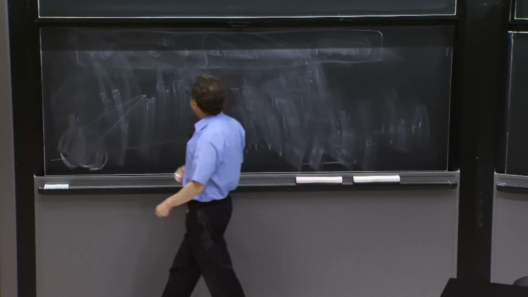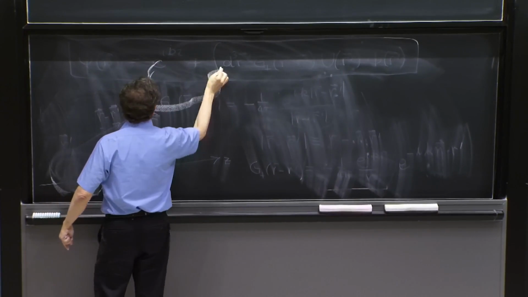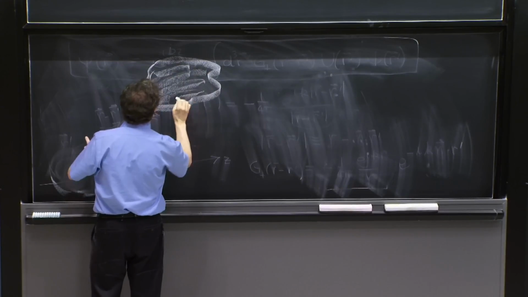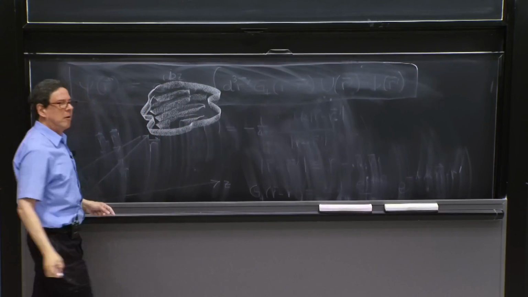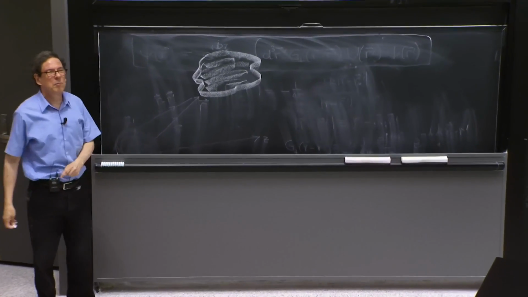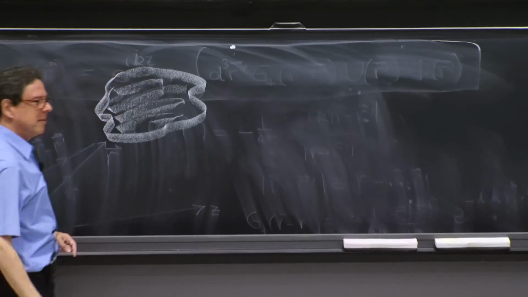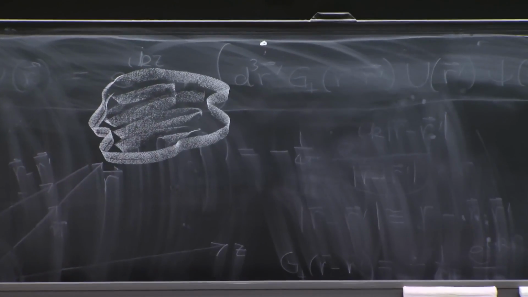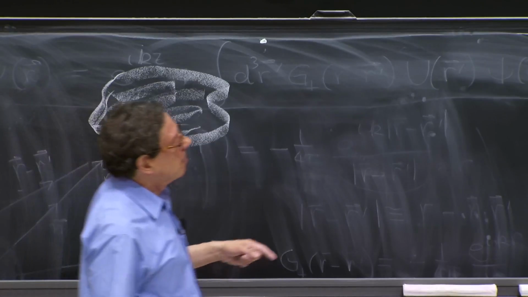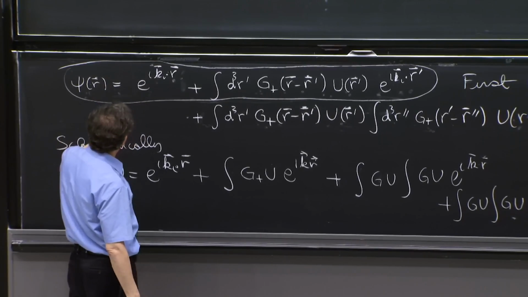So think of your scattering center here. And of course, we were supposed to look far away, but I don't have enough room in the blackboard. I'll take this point to be far away. And now what does it say, this equation? It says that the first Born approximation, you